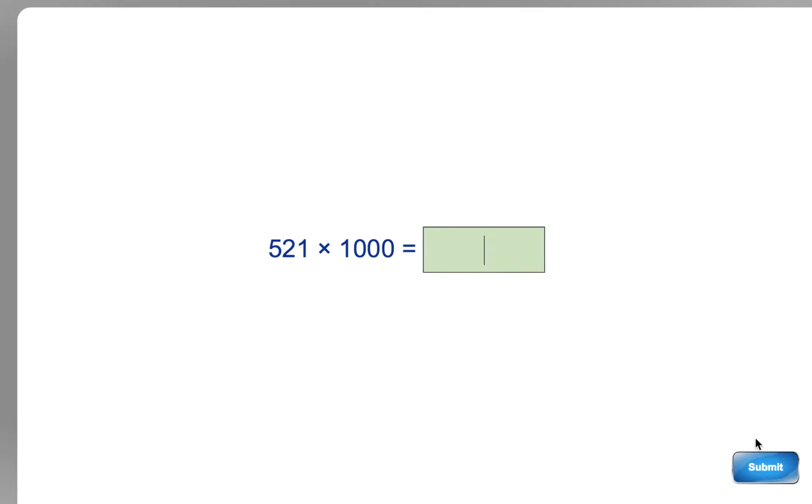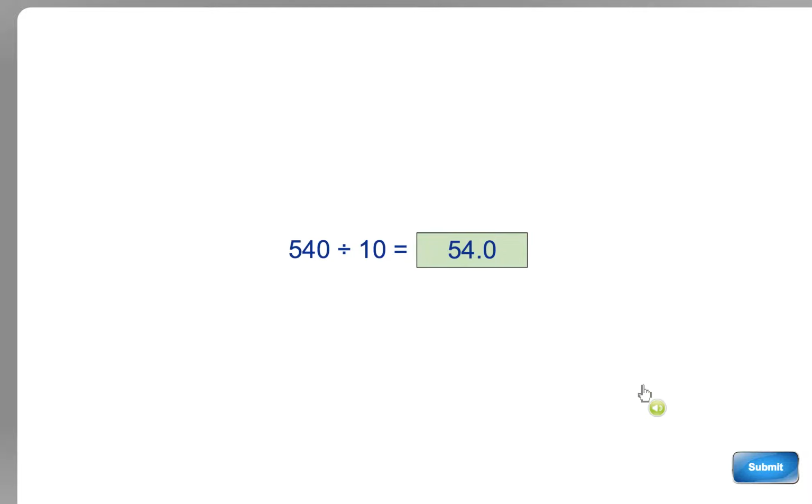Okay, that's multiplying. When you're dividing by 100 or 10 or 1000, it's just moving it the other way. Here's our number, 540, and it's dividing it by 10. So there's the decimal point. If you divide it by 10, it moves from there to there. So it becomes 54 or 54.0. Okay. Next one,